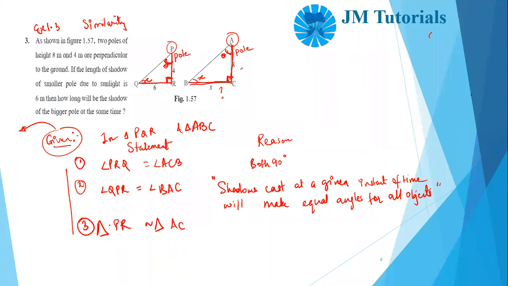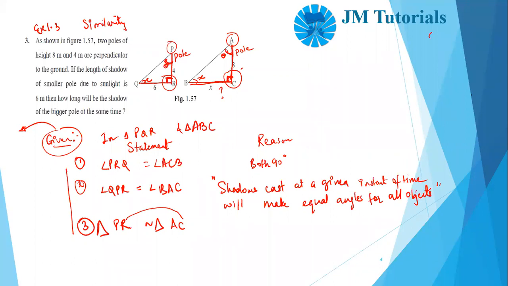See, I'm writing P before, I'm writing A also before. If you wanted to write P after R, then here you would have to write A after C. That's the only difference. You can write it in any way, but there must be one-to-one correspondence. So if you write R, you're writing with C because R and C are congruent. So writing R and C in the same position. You're writing P, you write it with A.